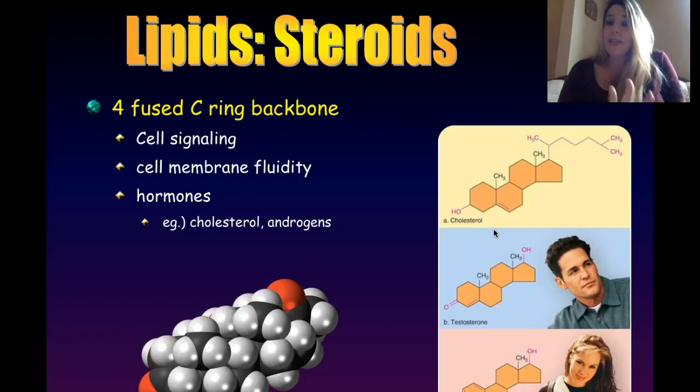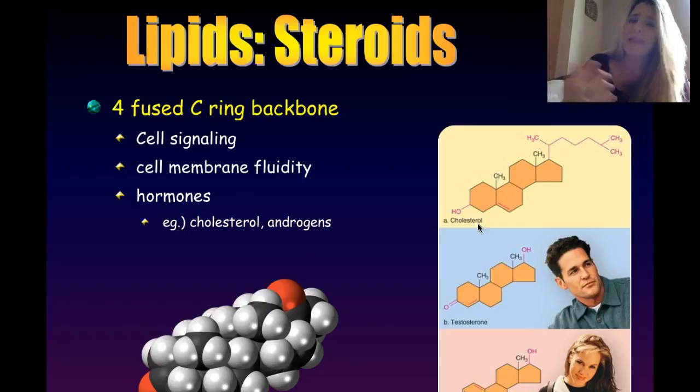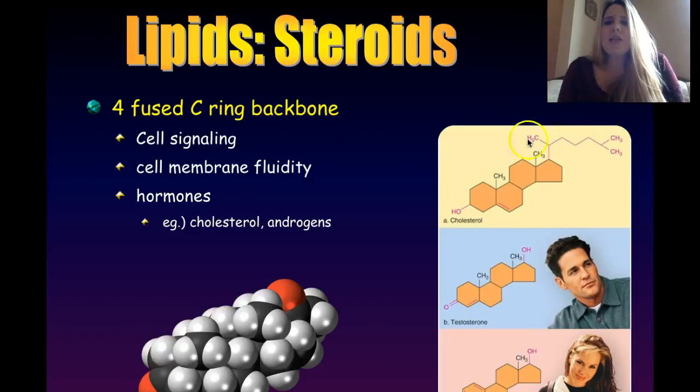So one thing that these steroids have in common is they have a 4-ring structure as their backbone. So you get 4 rings stuck together, and that's what gives the steroid its properties. And the only difference from one steroid to another are those functional groups that are attached to it. So again, hopefully you're studying your functional groups because it'll give you a much better understanding of what's going on here. So let's look at cholesterol. So notice we have a 6-carbon ring and a 6-carbon ring and a 6-carbon ring and a 5-carbon ring. And so this is the basic 4-fused carbon ring backbone of steroids.